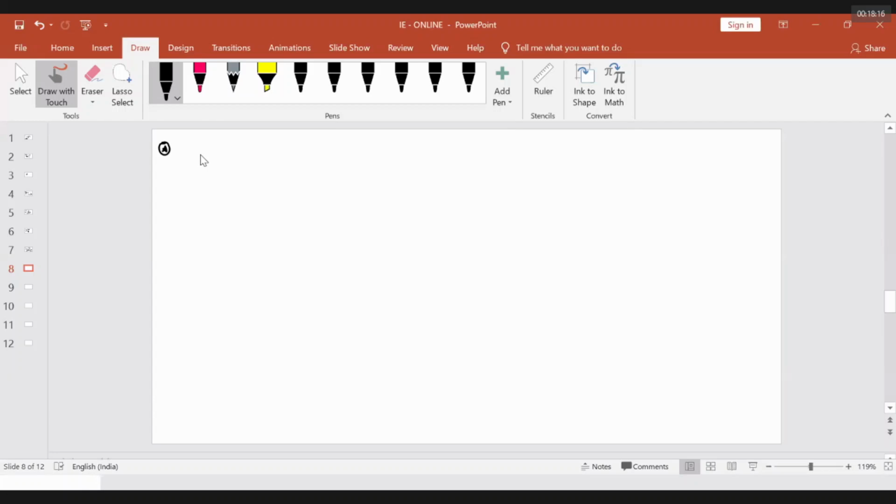Buffer solution is a solution which maintains its pH almost constant, resists the change in pH value. If you add a small amount of strong acid or a small amount of strong base, then the student should think about it and say, sir, what do you mean by this word small? Why are you using this one? When you say, if you add strong acid, if you add strong base, why are you insisting upon the word small? Let us enjoy that one.